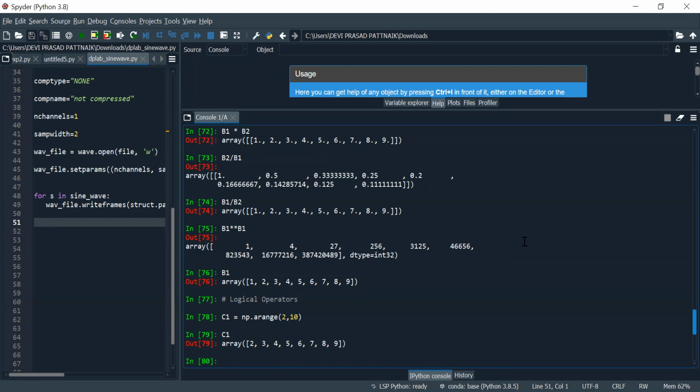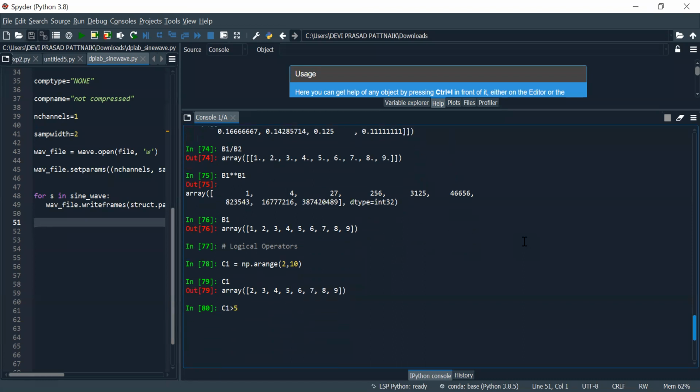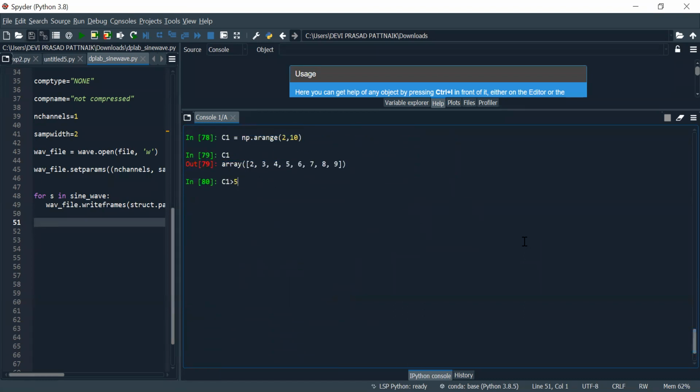So let me put in one logical operation. I write C1 greater than 5. If I hit enter, what will I get?